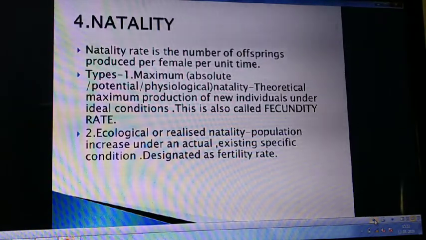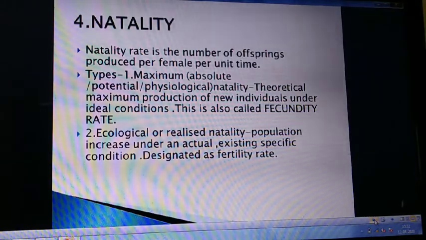Now the fourth characteristic is natality. That is the rate, the number of offsprings that are produced per female per unit time. It depends upon the clutch size and the reproductive capacity of the female. Clutch size is the number of individuals produced at a time by a female. Now, it is of two types: